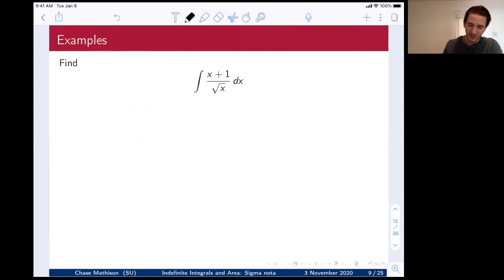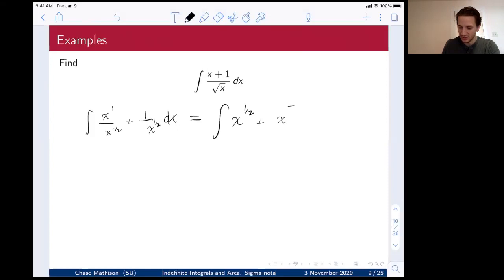Okay. So this next problem, you're going to do this type of problem quite frequently where it might look bad at first, but if you rewrite this integral in this form and then simplify the inside of the integral, this x over square root of x, that's x to the first divided by x to the 1/2, so I'm going to be left with x to the 1/2. And by the same token, 1 over x to the 1/2 is just x to the minus 1/2